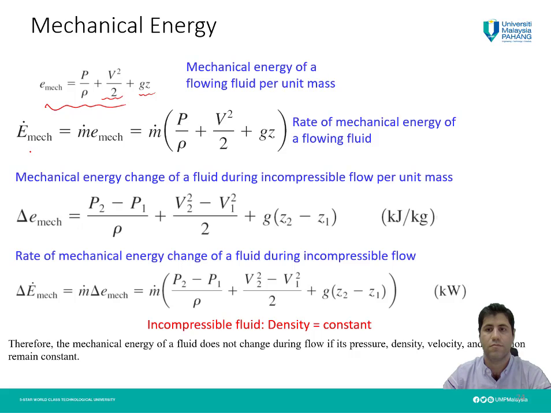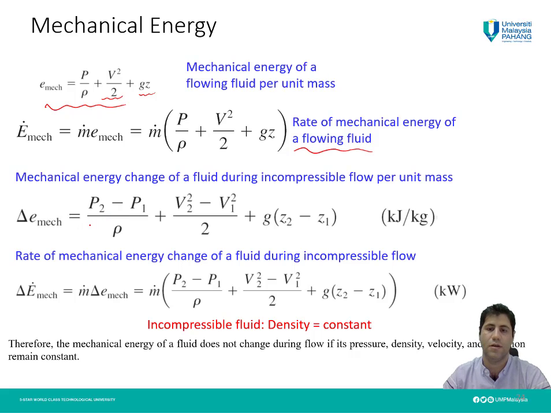And the mechanical energy rate can be calculated by this equation, m dot E mechanical, the mass flow rate of the fluid times the mechanical energy of the system. The total mechanical energy of the system we have calculated here. Just substitute here, then this will give us the rate of mechanical energy of a flowing fluid. And the mechanical energy change of a fluid during incompressible flow per unit mass can simply be calculated by this equation,